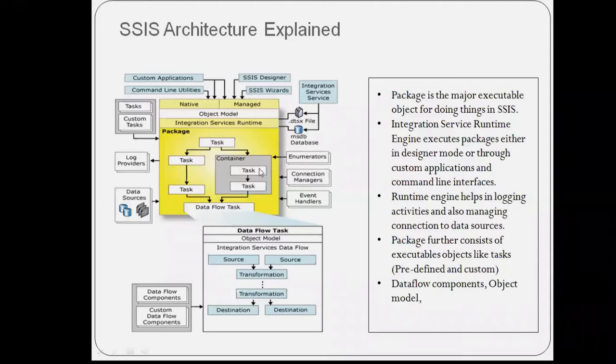Fine. So what is the enumerator? If you see here in the grayed out containers, when you want to achieve some sequencing logic, or some kind of looping logic, then you have to use containers like the For Loop, Foreach Loop, or Sequence Container. These are all called enumerators. Okay, so that's something which is available in SSIS. That again falls under the control flow task only.